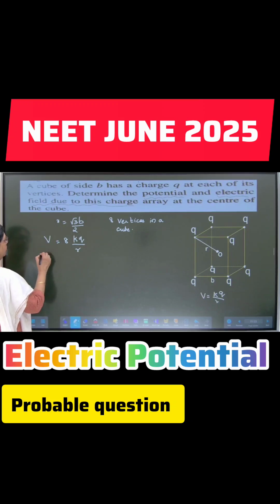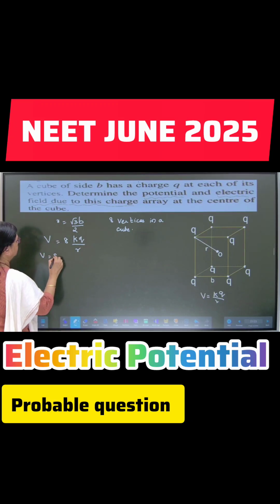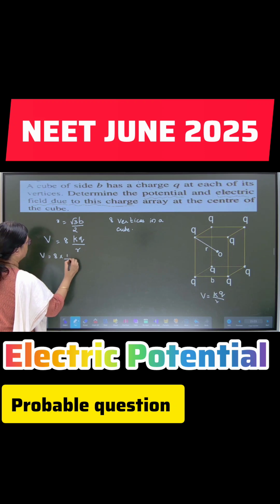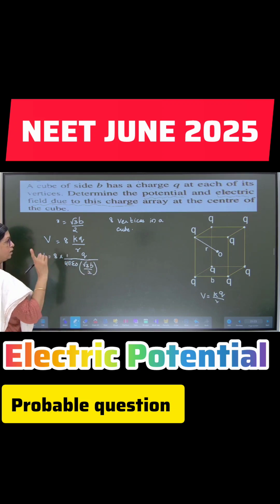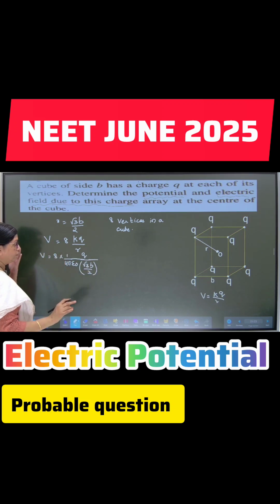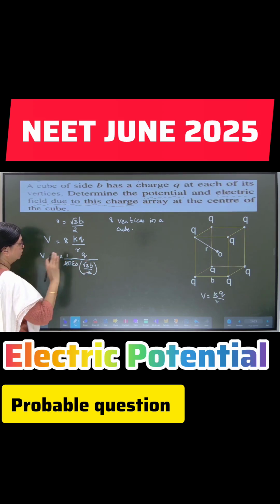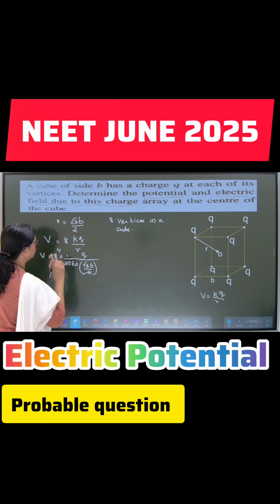Okay, fine. Just substitute. R is available with me. K is 1 upon 4 pi epsilon naught. Q is Q as it is. R, what is R? Root 3 B by 2. Remember, as I always say, put correct brackets. So that maths is easier for you. I can cancel 2 and 4 in the lower denominator, so 2 is left out to me. Again 8 upon 2, so 4. Here children make mistakes in the speed, so don't do that. Clear?